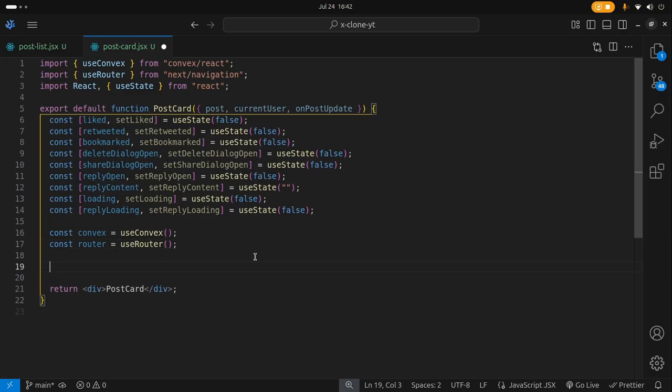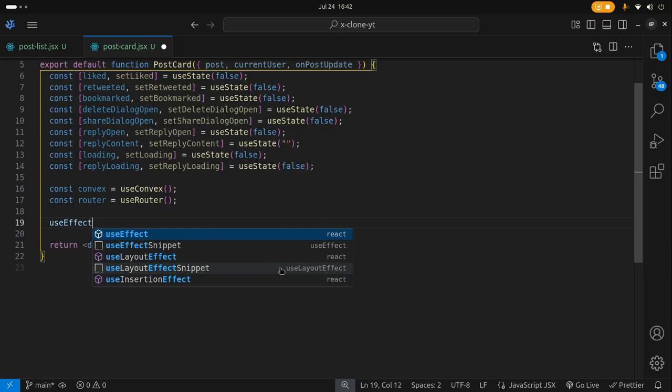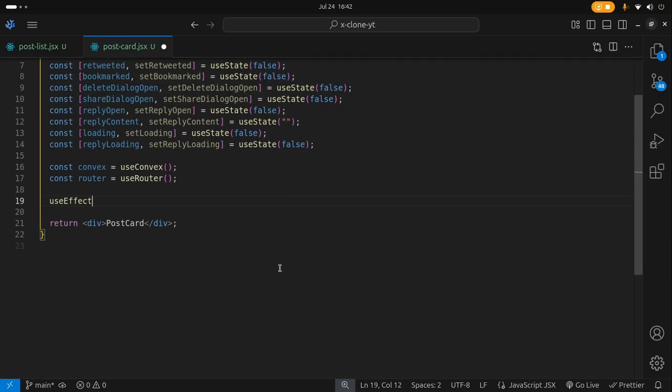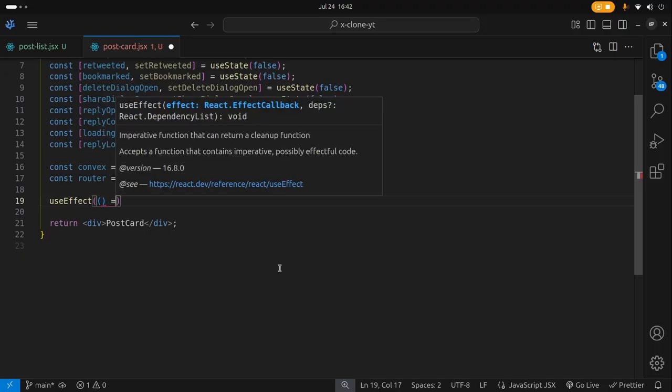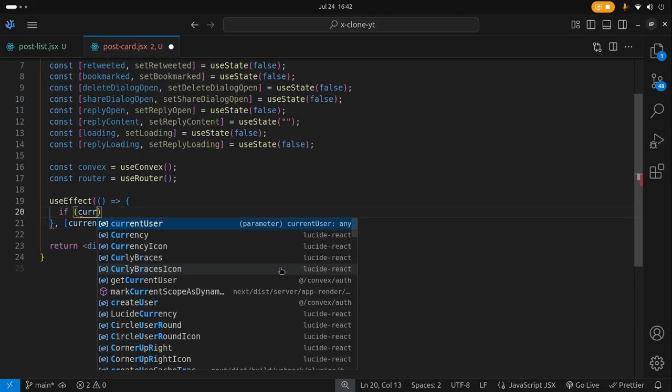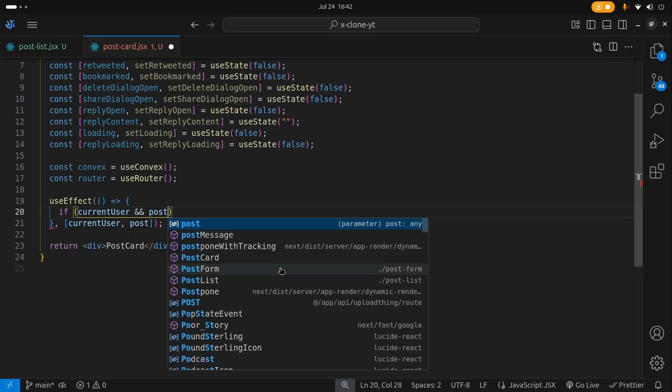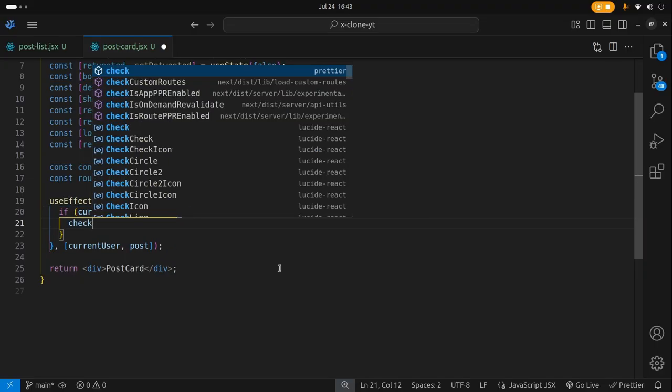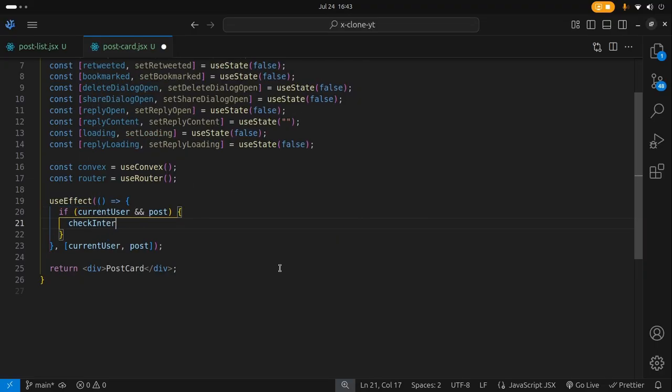And then we're going to have our function here that says useEffect. So useEffect, enter to auto import it, and the useEffect is going to take in a dependency array of currentUser as well as the post, and then we're going to say if currentUser exists and post also exists, then we're going to call a function called checkInteractions, and then we're going to create that function next. So const checkInteractions is going to be an asynchronous function